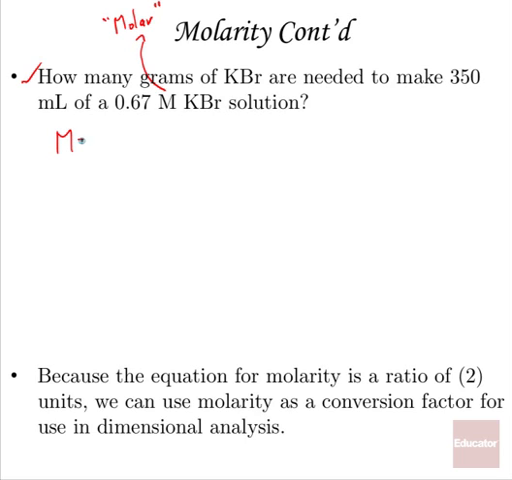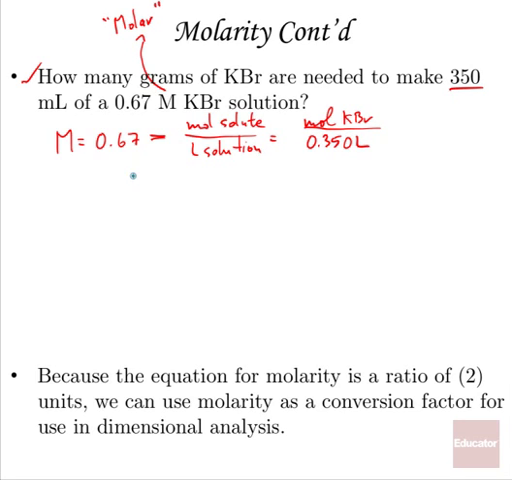Okay, so the molarity is given to us. That's 0.67 molarity, and that's equal to moles of solute divided by liters of solution. Okay, we don't know what the moles of the solute is, the moles of KBr, so that's what we're trying to find. And the liters of solution, you're actually told that in the problem. It's 350 milliliters, which is 0.350 liters. All right, so when we go ahead and solve for moles of potassium bromide, we get